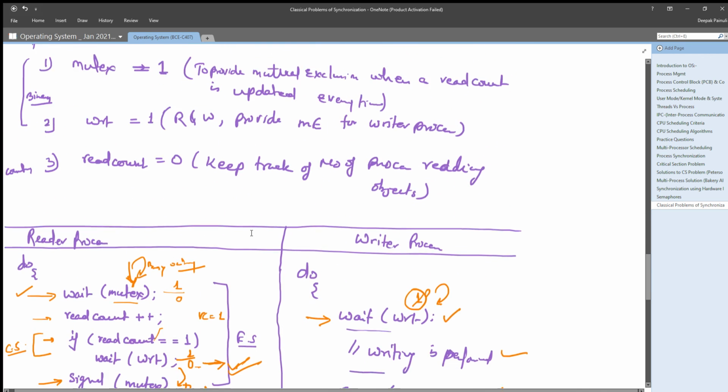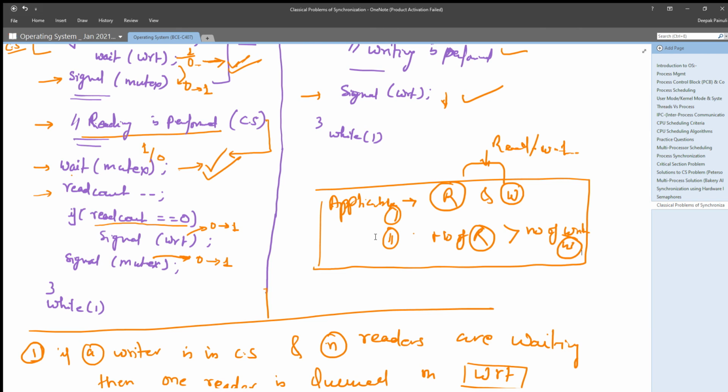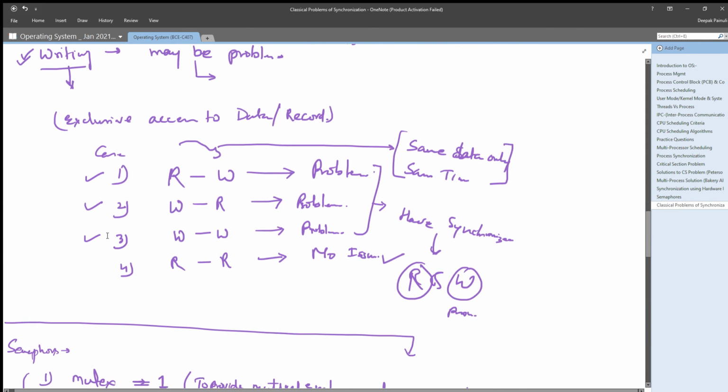But if reader and writer processes are purely distinguishable, and the number of readers is greater than the number of writers, then this solution can solve cases 1, 2, 3.